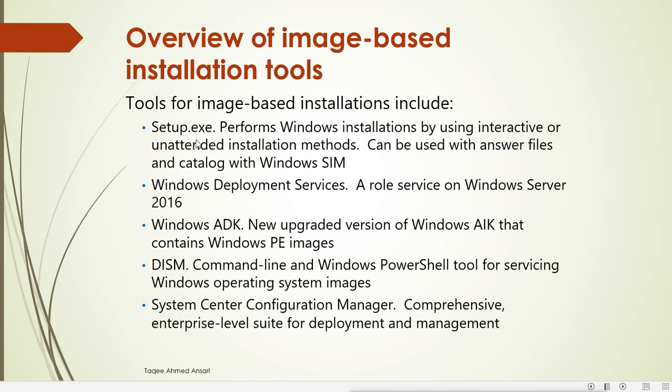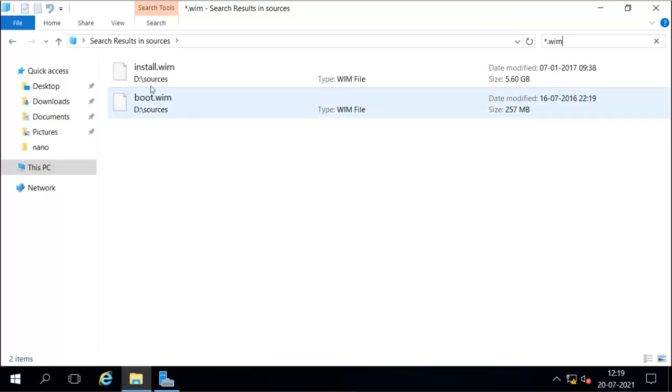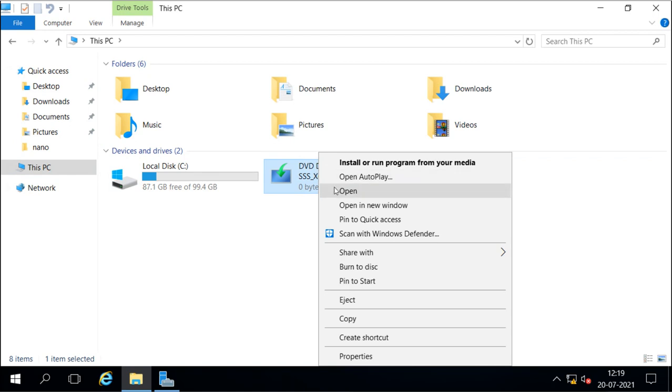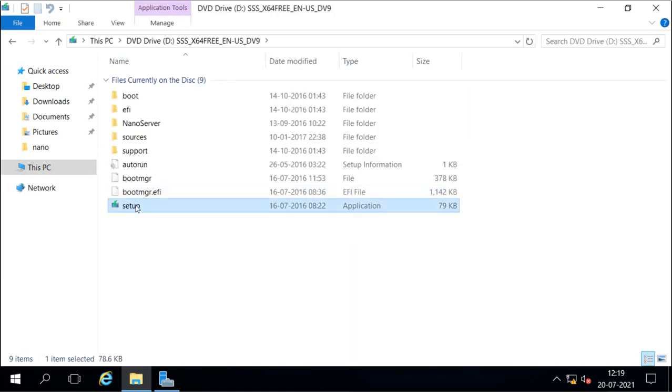Now this setup.exe is the normal setup.exe. If you see the installation media, you will see the setup.exe. Just like we have here, when you go into this DVD installation media, you will see this setup. So we can start the installation by using the setup also.